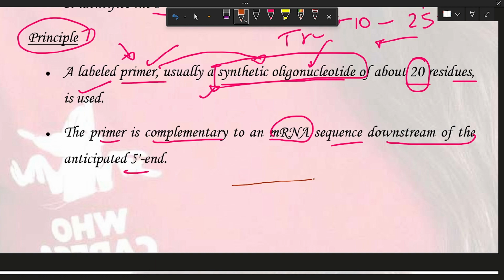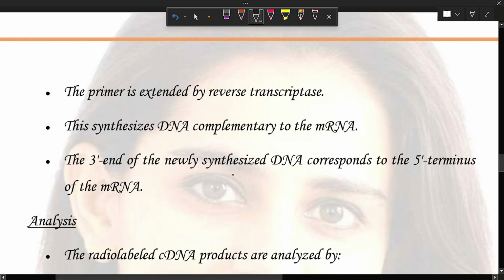This is an mRNA strand, 5' here and 3' here, and we add our labeled primer somewhere downstream of the 5' end. This is the primer binding site, and from here it will synthesize a new strand, 5' to 3'. This is how we perform the experiment.